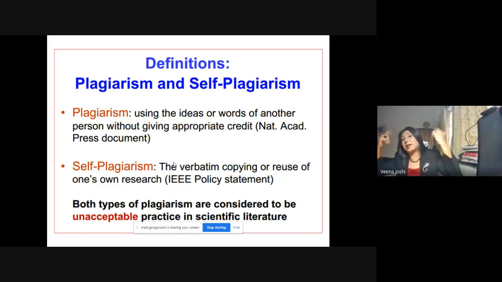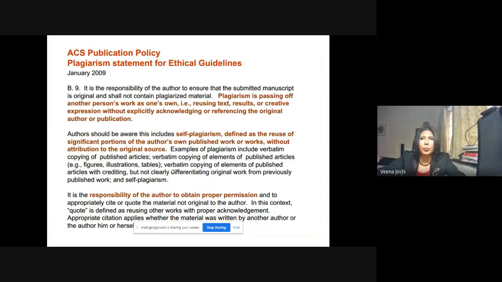Self-plagiarism: something I have already written, I write here again as if it is a new one. What I have already published, that publication is done. I can quote it with that reference, but I cannot use the same thing here again, pretending that this is a new finding. Neither. We won't read all this, there is very little time.